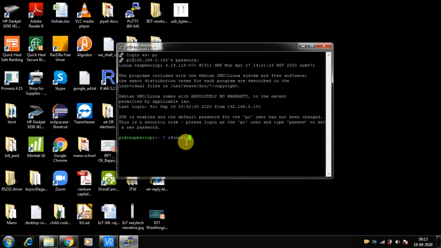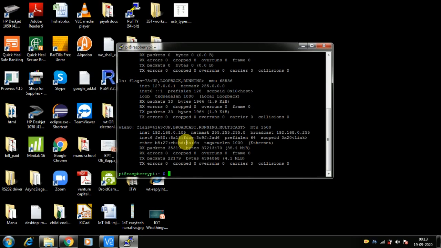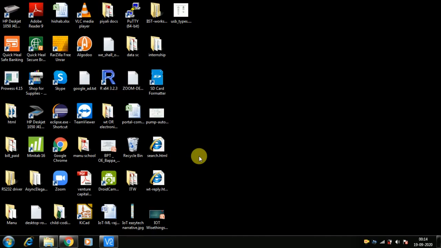Okay, so here you can see we have got the Raspberry Pi IP address. So this is how you can get into Raspberry Pi CLI using PuTTY. Now I can exit from it. So these are the two ways you can access your Raspberry Pi remotely, and you don't need to connect to